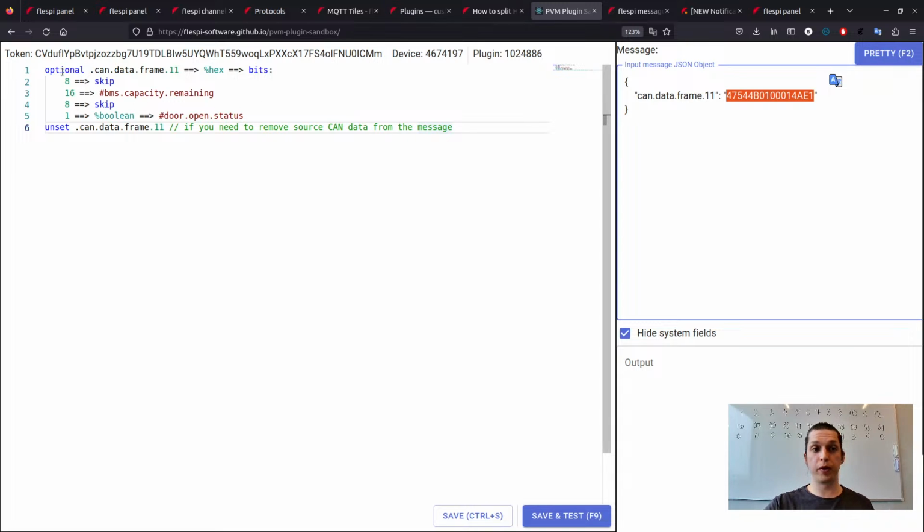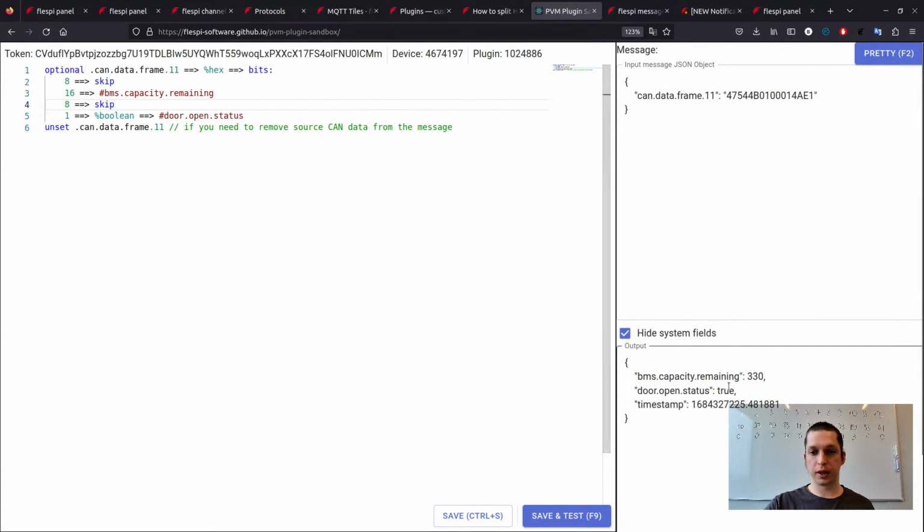This is done through PVM. We take this reported parameter, the CAN data frame of this type, translate it into hex mode, then parse it as bits, skip the first 8 bits, then 16 bits will be a 2-byte integer into this parameter, the hashtag means parameter, then we skip 8 bits, and then 1 byte we report into door open status, and we remove the CAN data frame from the parameters.